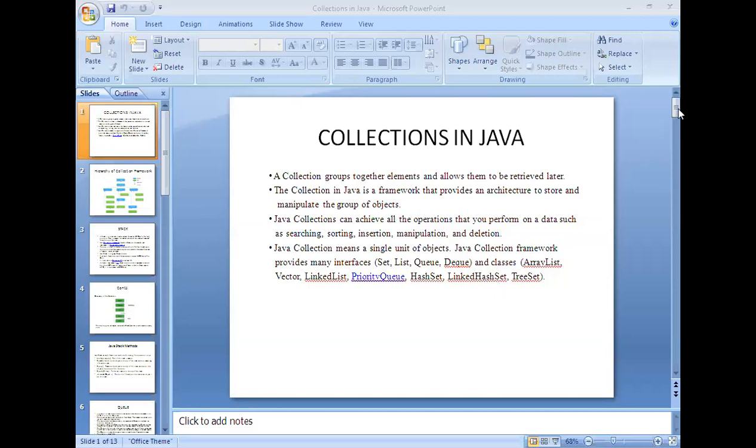So in the previous class, we have discussed a linked list implementation in collections.